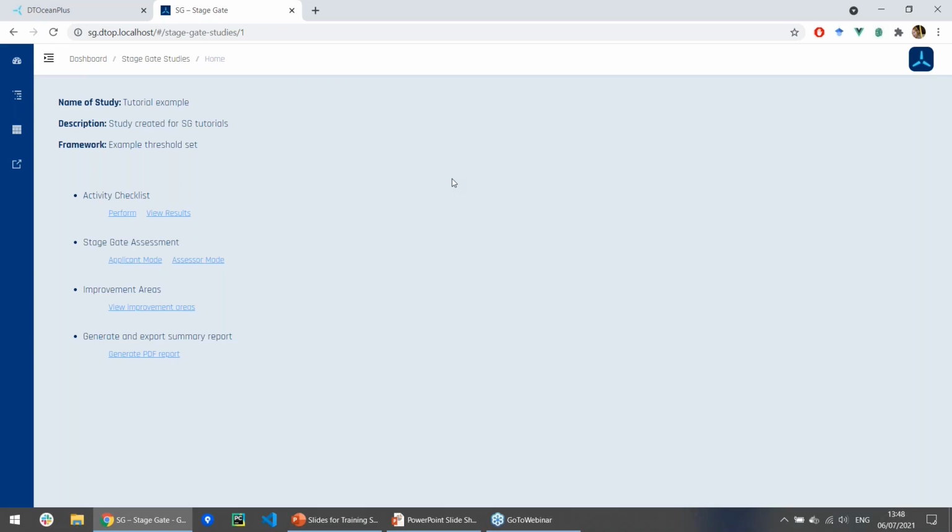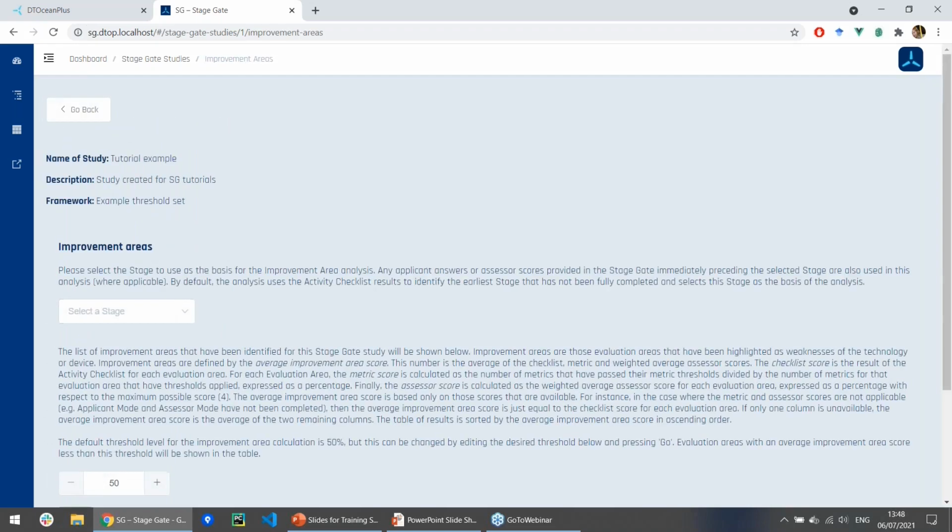There we go. So you should see on screen now that this is again the same example I've been using throughout, which, as Gillian pointed out, has the checklist, applicant mode, and assessor mode completed previously. So I'll skip past that, but just know that we've actually saved results in each of those three features before we can get the full improvement area analysis. So we click into the improvement area analysis for this particular example. And once it loads up,